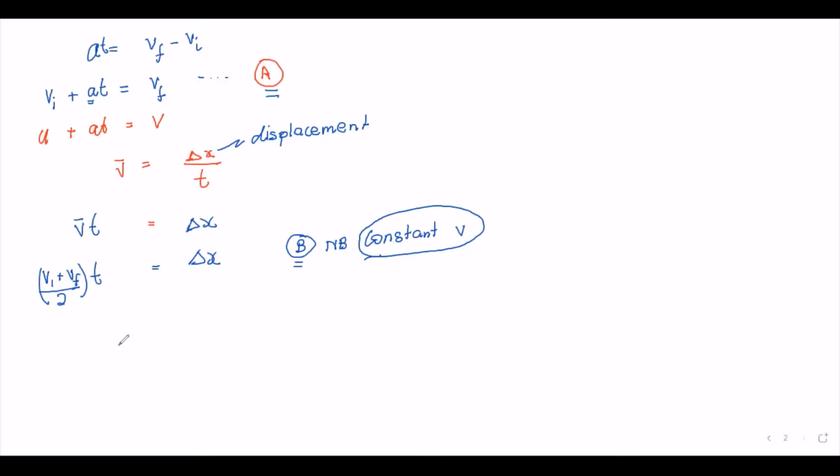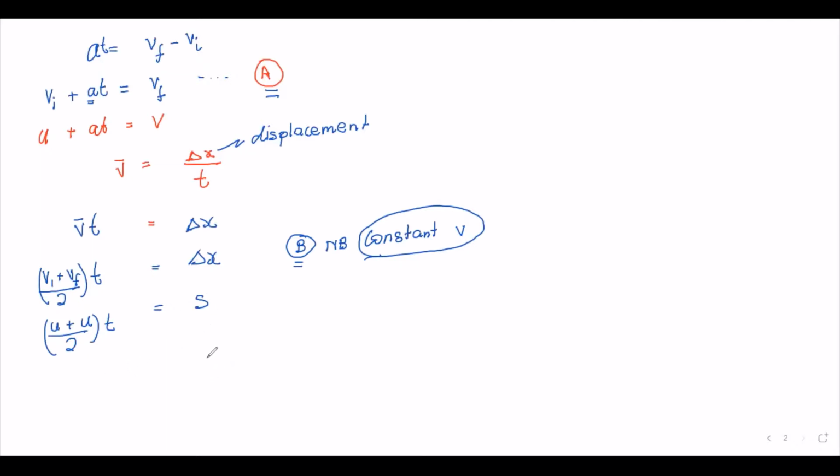Now, so this can be written as S is equal to, you can write that sometimes as V over 2 times T in some literatures. Now, if we substitute equation A into B, we will have